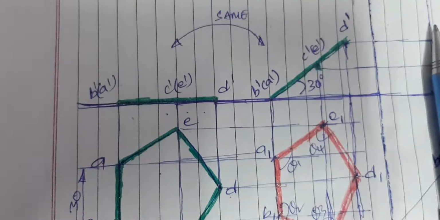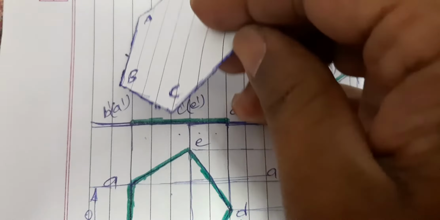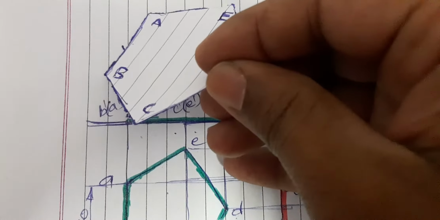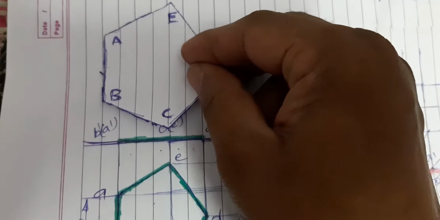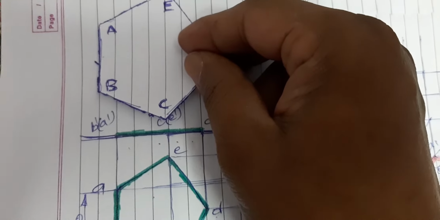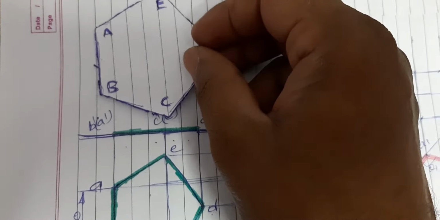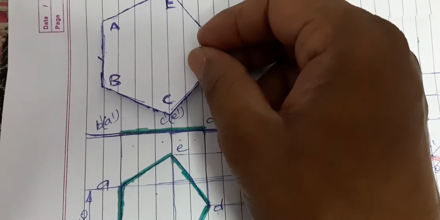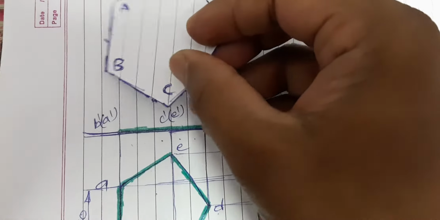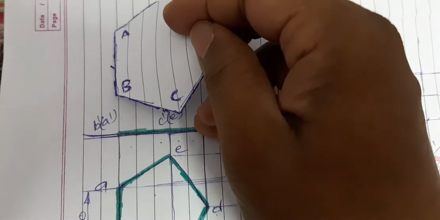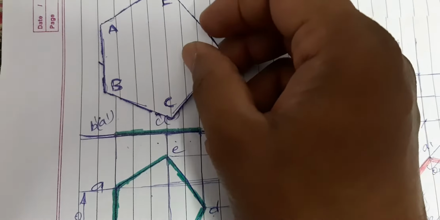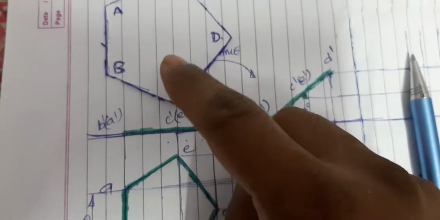Actually, how is it placed? It is placed on the ground like this. To get the views, we just move the plane like this, and after that we place the plane like this, right? So we just completed the front view and top view of the plane when it is placed like this. Now it's time to identify the front view of the plane when it is placed like this. So listen carefully. What I'm saying is the view as observed from the front side when the plane is placed like this.